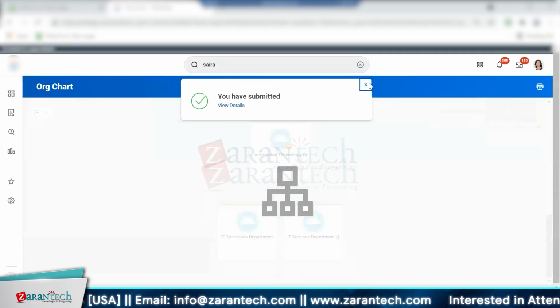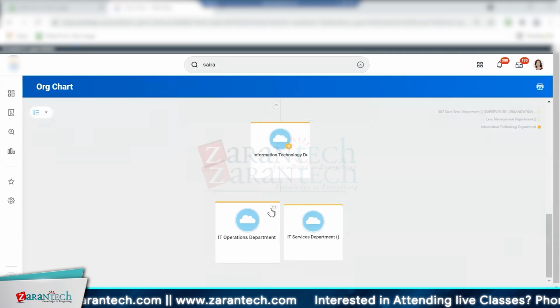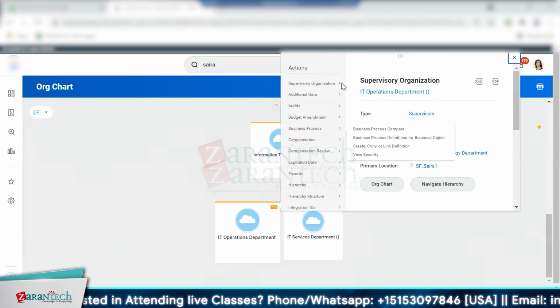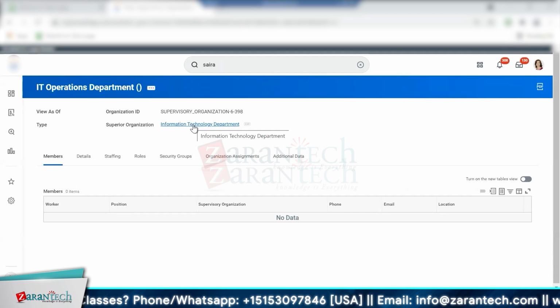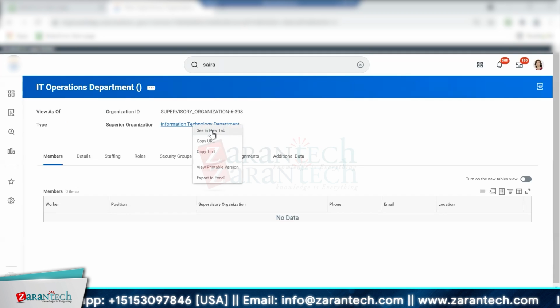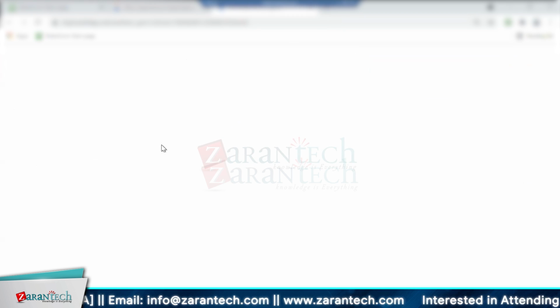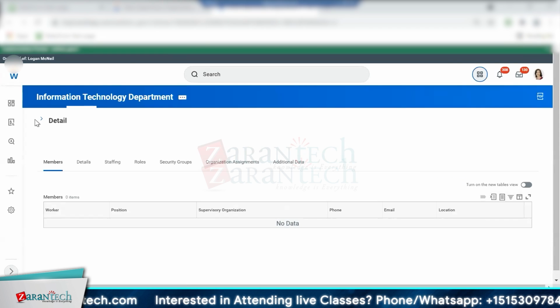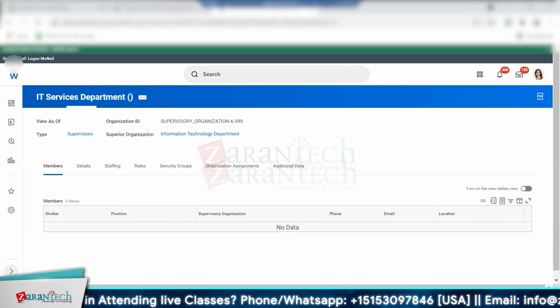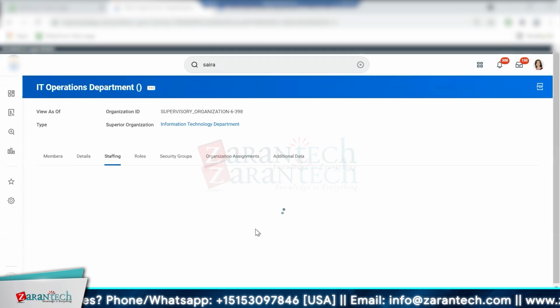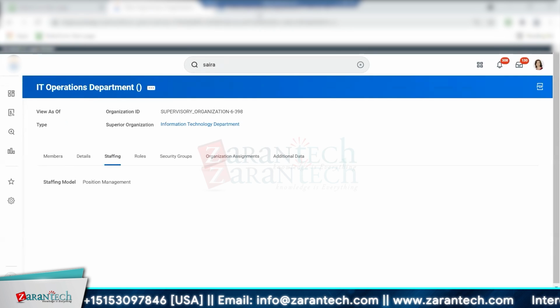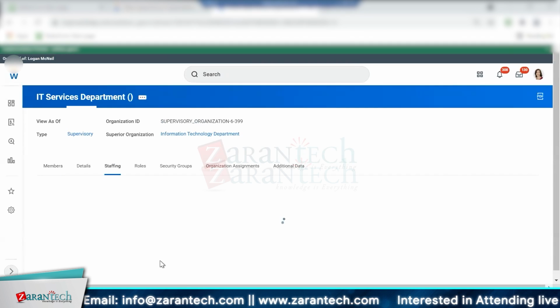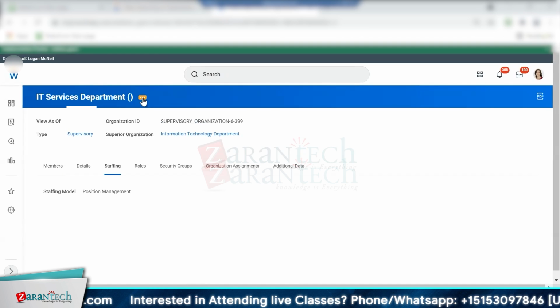Okay, great. So now I have these two. So let's dive into the details. Open this in a new tab and go to the other one so I can show you the differences once I do them. All right, so here's where the staffing model is, and right now both of them probably share it because it just got inherited from the top level org. But what I want to do